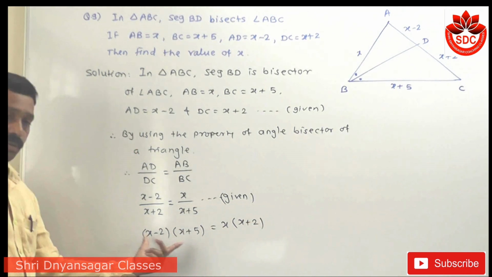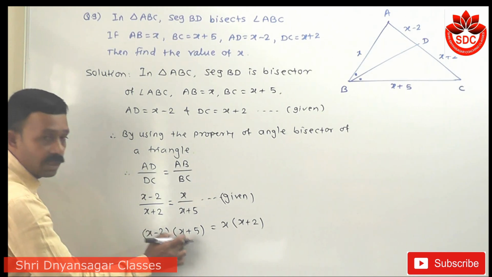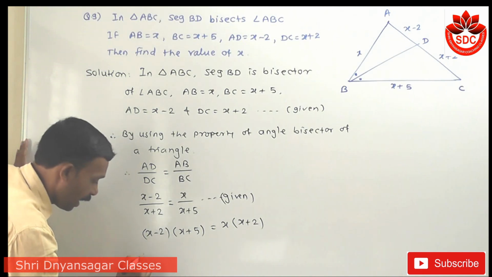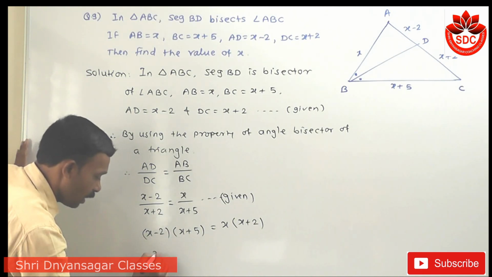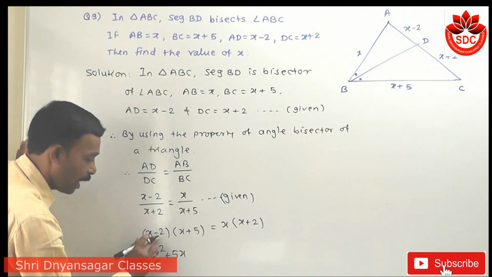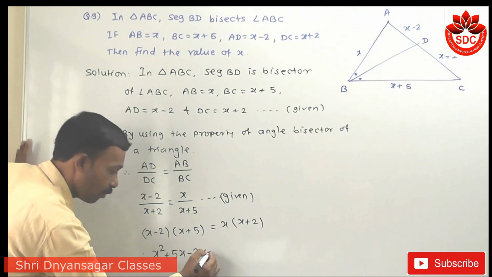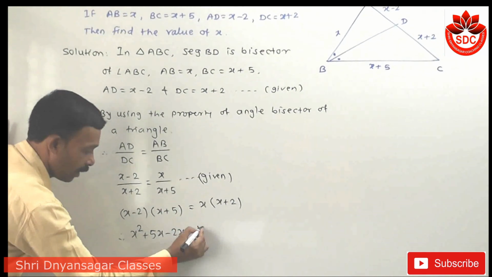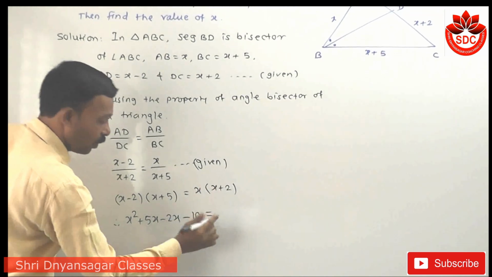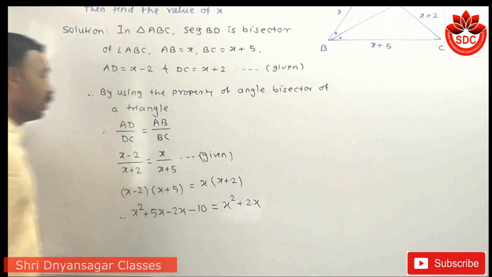We solve this bracket. So multiply the first whole values of the brackets into this second bracket. So first I have to multiply by x to whole bracket. We get that x into x is x square, x into 5 is 5x, then minus 2 into x is minus 2x, minus into plus, minus 2 5s are 10. Then the product of the next side is x into this whole bracket becomes x square plus 2x.